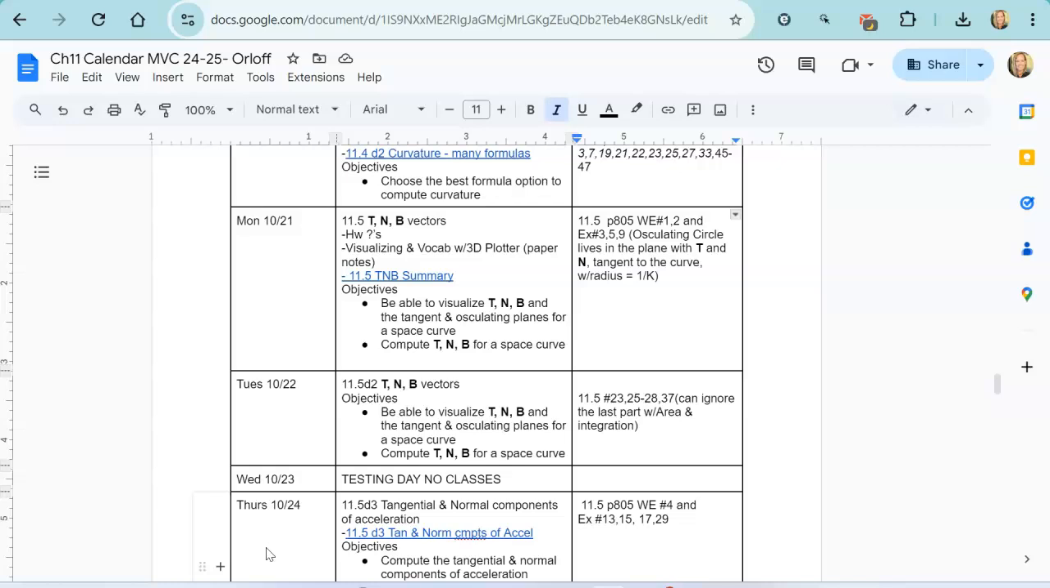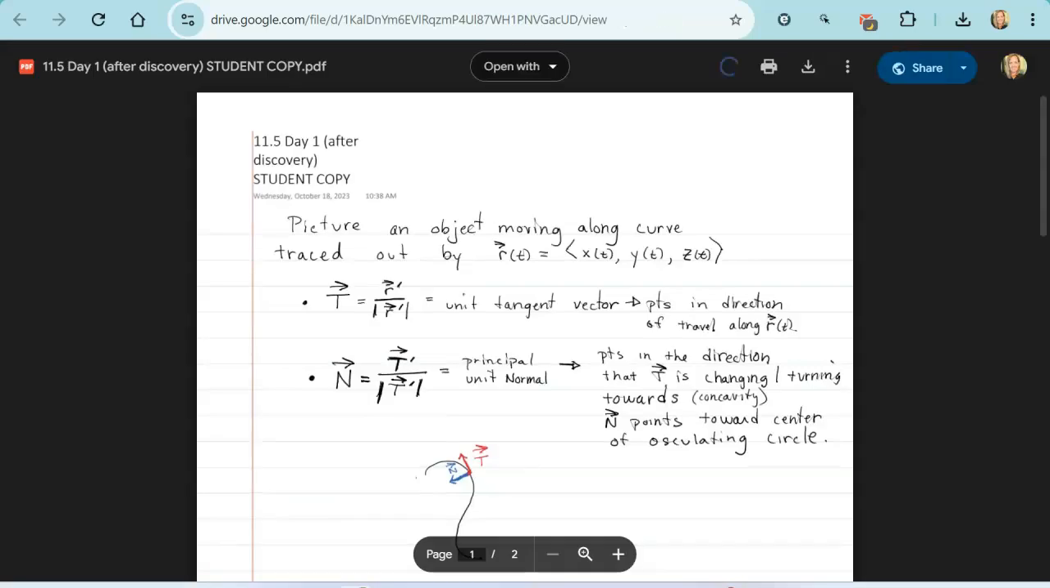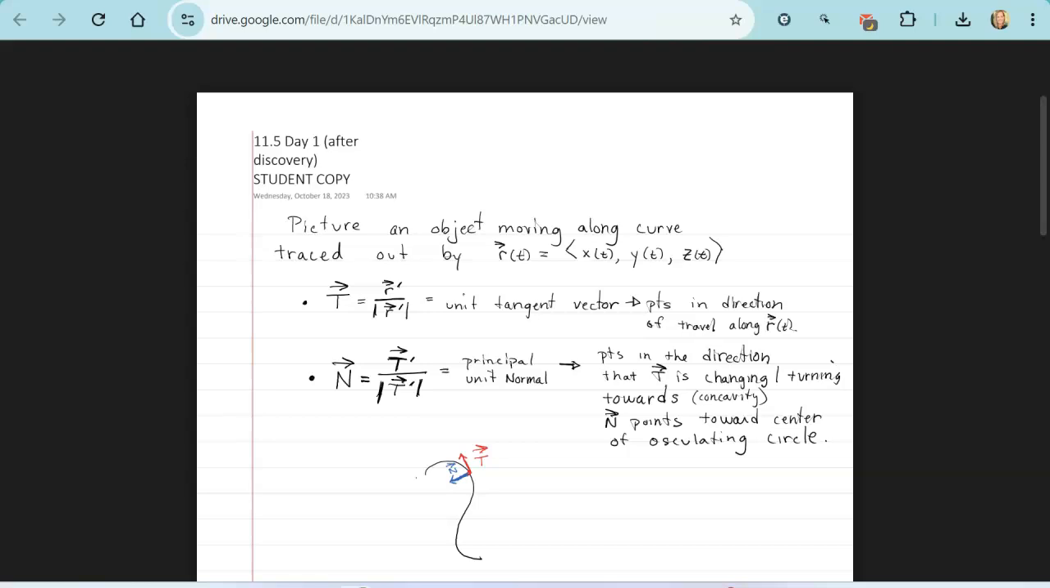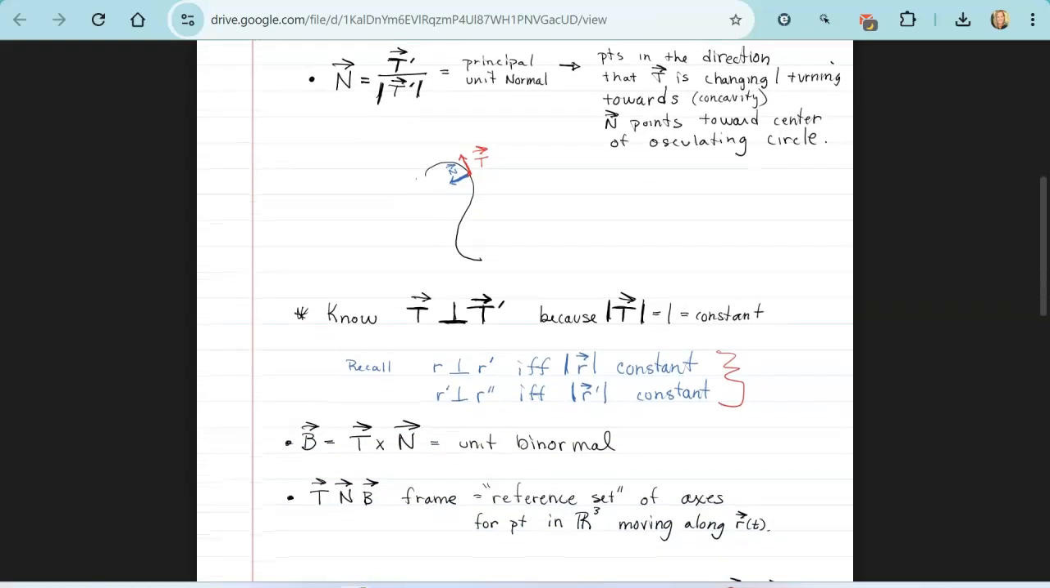So you had a discovery activity, and in the calendar for Monday, you should have seen this summary to talk about the unit tangent vector and how it tells you how you travel along the curve, the principal unit normal vector, and that's telling you how the tangent is changing and turning. So it always points toward that concavity, towards that center of the osculating circle. And you also know that T is perpendicular to T prime because the magnitude of T is 1, which equals